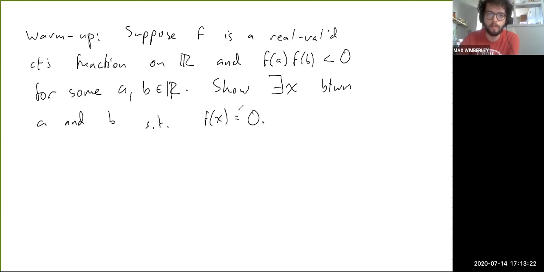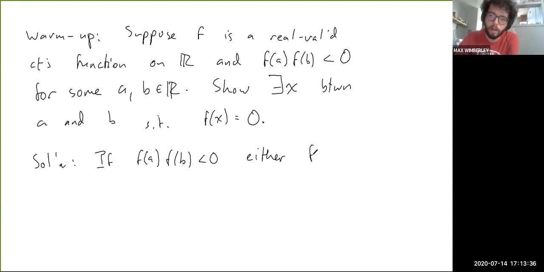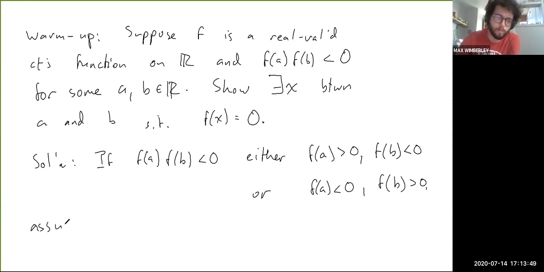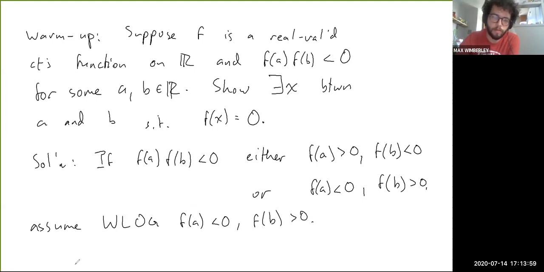So basically what you can say is, if f of a times f of b is less than 0, either f of a is greater than 0 and f of b is less than 0, or f of a is less than 0 and f of b is greater than 0. Either way, in either case,